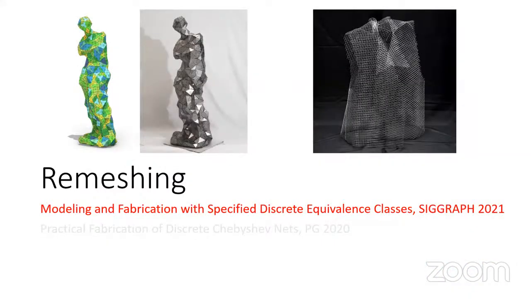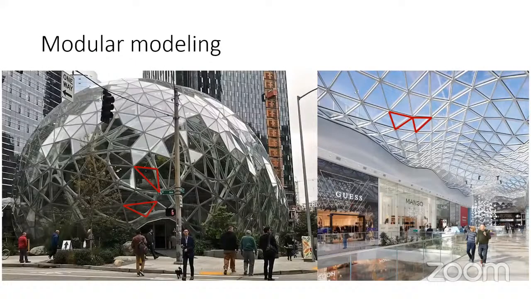And the next work is using remeshing techniques for art design. The first work is about modular modeling. The reusability of panels is an important issue in art and architecture. For example, building an art tech scheme made of several types of the same shape will greatly reduce the cost of processing, transportation,